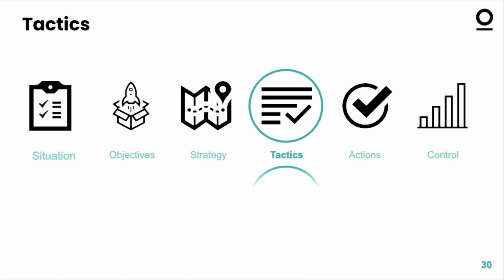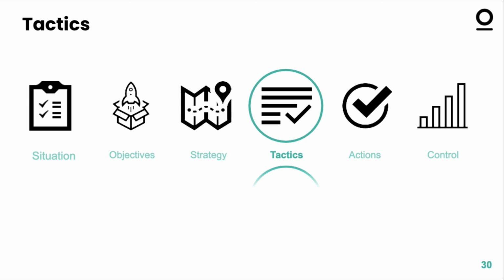So just as a reminder, we're using the SOSTAC model to frame our campaign. We've already looked at our situation and developed user personas to go with it. We've looked at our objectives and found out the difference between goals and objectives and how to set SMART objectives. We've looked at strategy, so we've taken a look at all the different options we have available with our digital marketing activity and looked at how we can best address our objectives given the situation analysis we've undertaken.